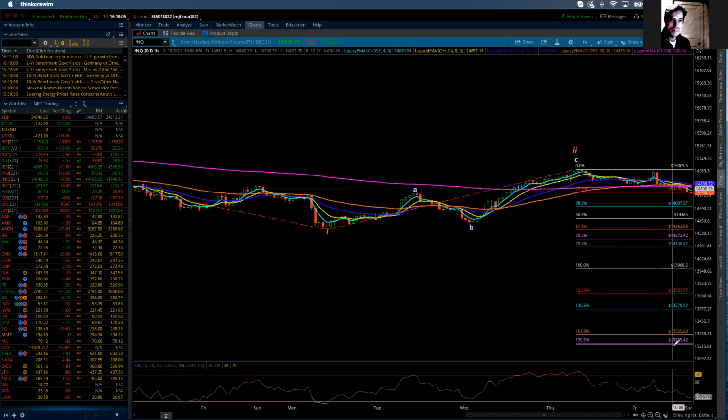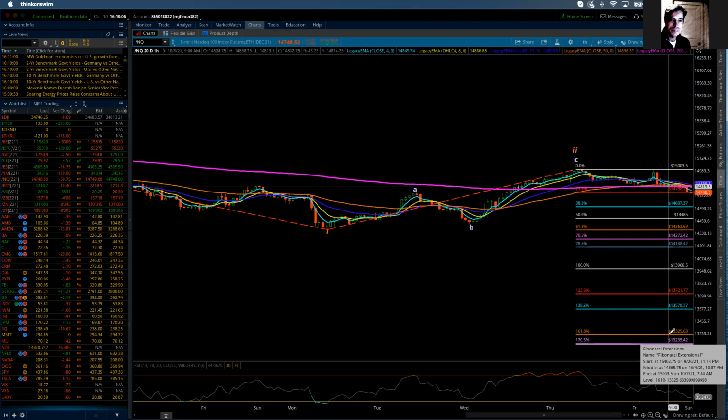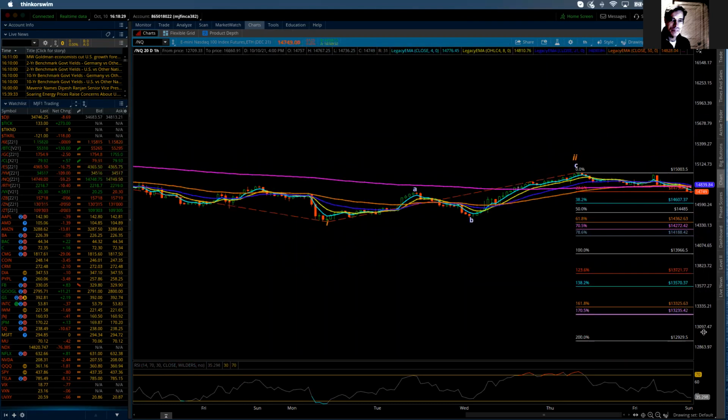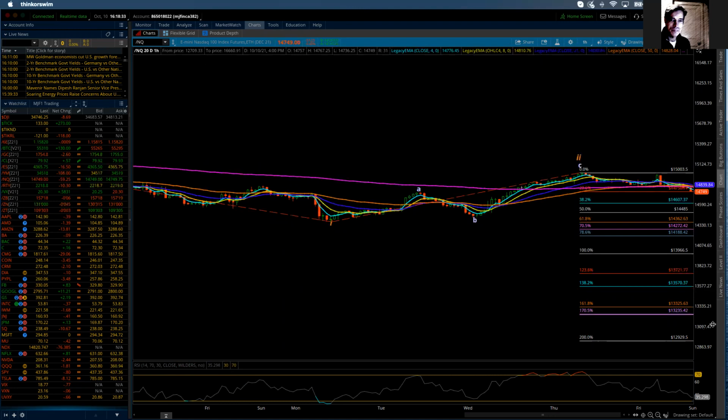We've got a lot more down below, and ultimately, not saying tomorrow, I'm not saying all next week. We have to let the market tell us. But ultimately, I'm looking for this third wave to finish somewhere down in here, 13,325 to 13,235. I've got a 100 point zone down here at the bottom where I'm looking for it to kind of come in. And that would just be a -3. Then we get a -4, and then we get a -5. And that completes that larger either C wave or wave 3.